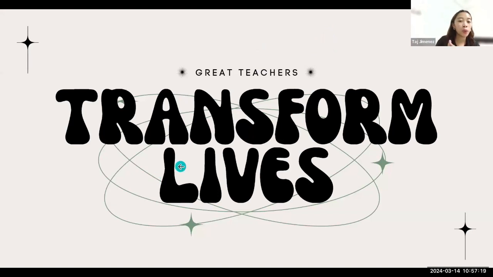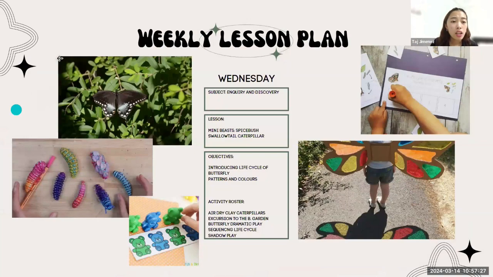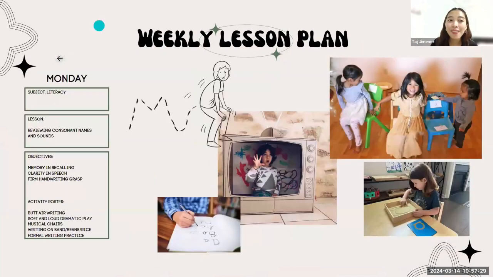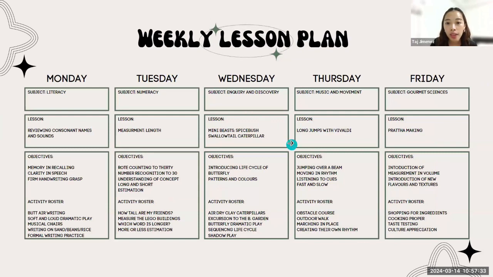Okay, while we're waiting for people, if you do have questions, let's go back to my lesson plan, because we only did Monday, Wednesday, and Friday. So how about Tuesday? So we have here numeracy. So I did mention that we did length. So if your objectives are rote counting to 30, number recognition to 30,